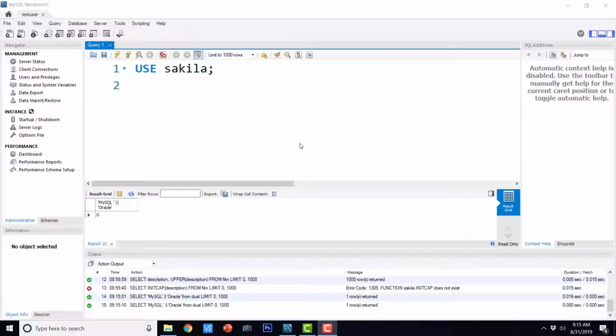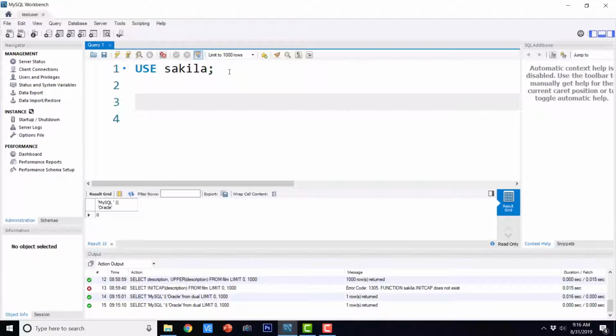In this video lecture, we are going to have a look at the character manipulation functions. In the last video lecture, we saw the case manipulation functions. Case manipulation functions and character manipulation functions both work on text columns. So let us go ahead and see a couple of character manipulation functions.